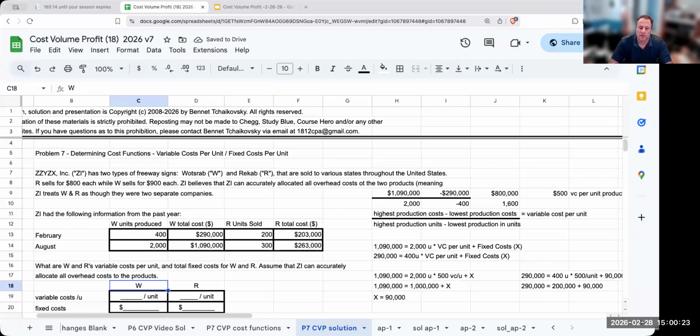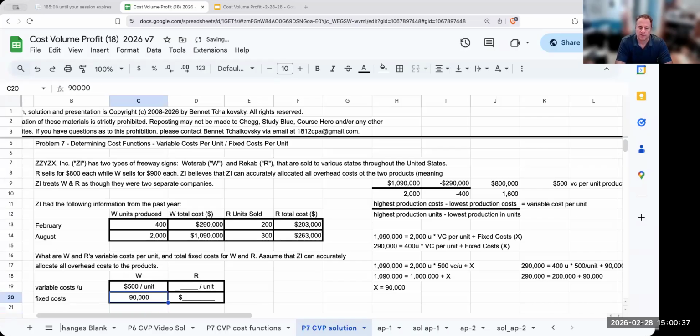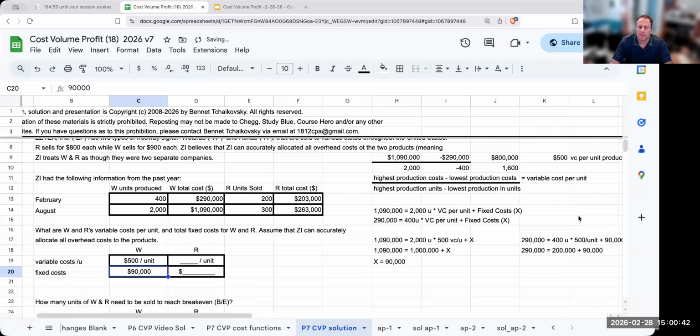Therefore, we know that we computed the variable cost per unit, or 500, is my variable cost. And then we know that our total fixed costs are 90,000. So we know that this is correct. Okay. Now let's go through and solve this for R, right? We're going to do the same thing. We're going to take the highest production cost, minus my lowest production cost,